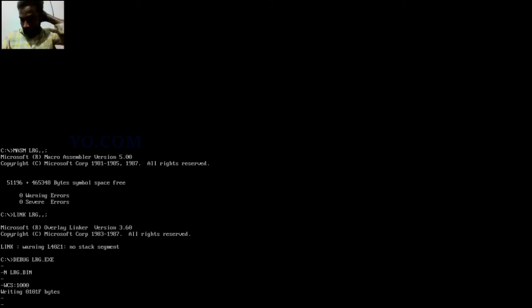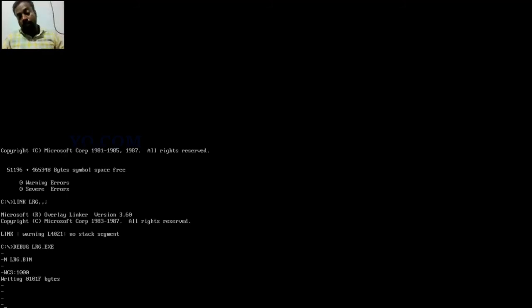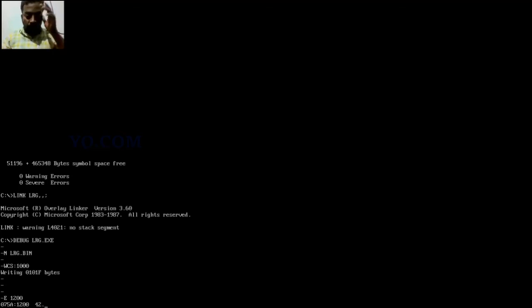Next we are going to see the execution. Before executing the program, we must give the input. The count value is 5, so give the input at 1200 and we can see the output at 1300. So E 1200. You can give any data, for example 77, A0, 55, 66, and the last data 99. These are the 5 data.